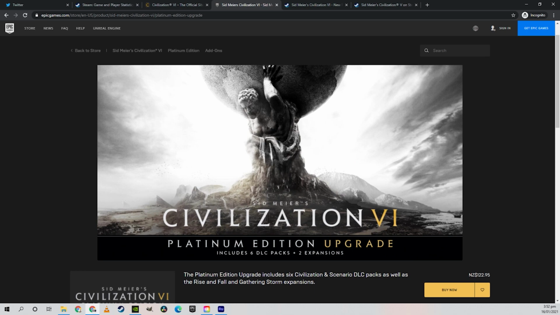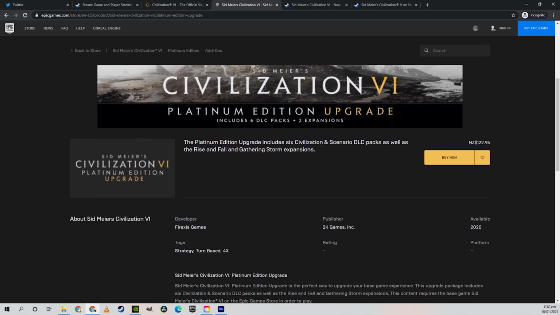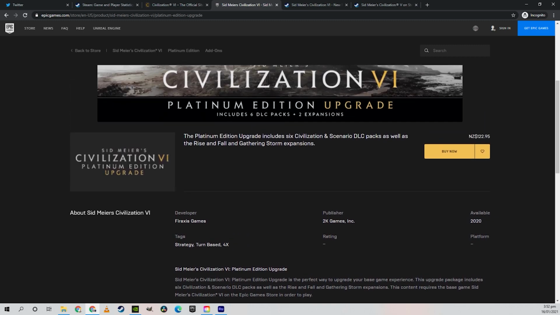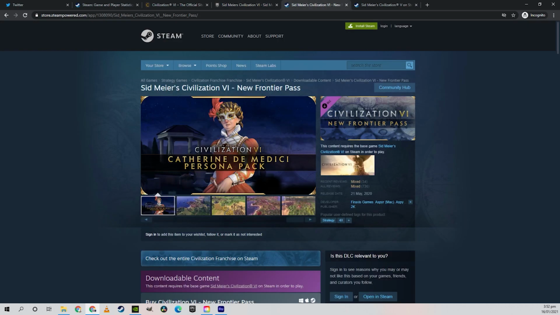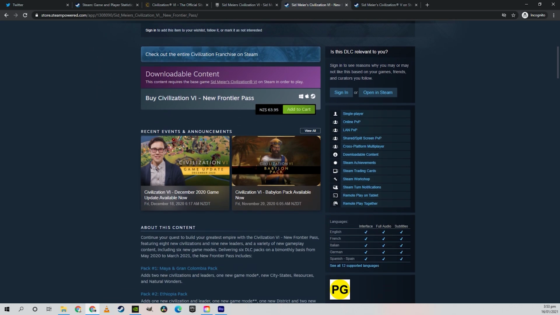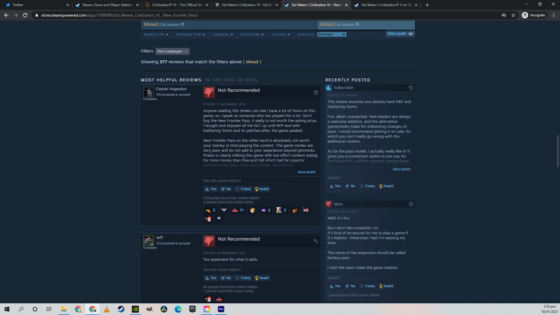So the Platinum Edition includes both of those bundles, and it also includes a bunch of different scenario packs, including some of the ones you can see on screen, the Australia pack, the Poland pack, etc. It's a good buy. Now, let's have a look at what I'm showing you now, which is the Frontier Pass